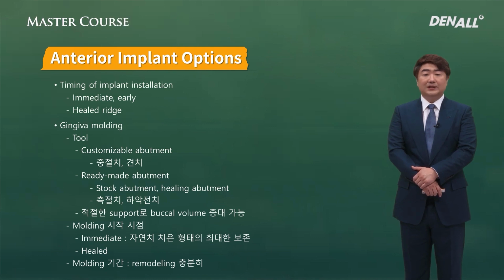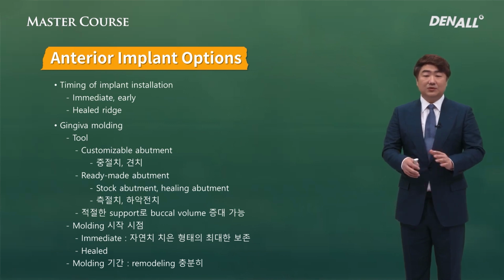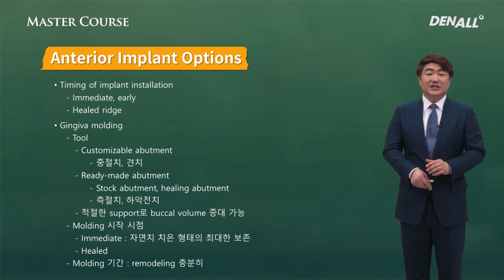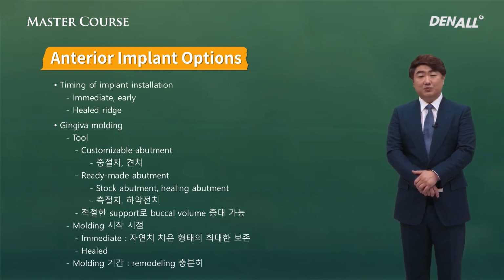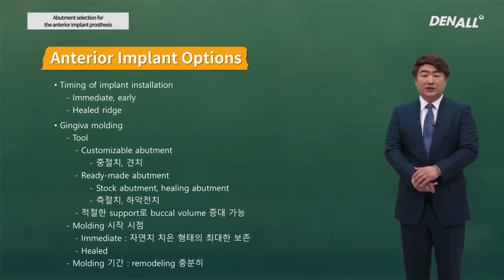For smaller teeth like the lateral incisor or the anterior lower part, a ready-made abutment sometimes is sufficient, and if sufficient gingival molding tools or a screwed abutment is used, then it helps buccal volume increase. Now in gingival molding starting point,